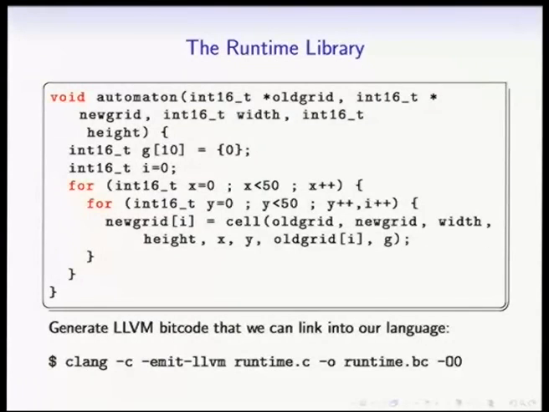And I wanted to do it this way round because all the other examples do it the other way round and have you calling helper functions from your IR and then inlining them. But we can do it both ways. We can emit something in LLVM IR that we then call from something else. And you could modify the implementation of this really easily to, for example, use libdispatch and run all of these in parallel, or maybe just run every row in parallel, or something like that. And to generate bitcode from this, we just add this emit-llvm flag to Clang. By default, it emits native code, but if you add this flag, it will emit LLVM bitcode.